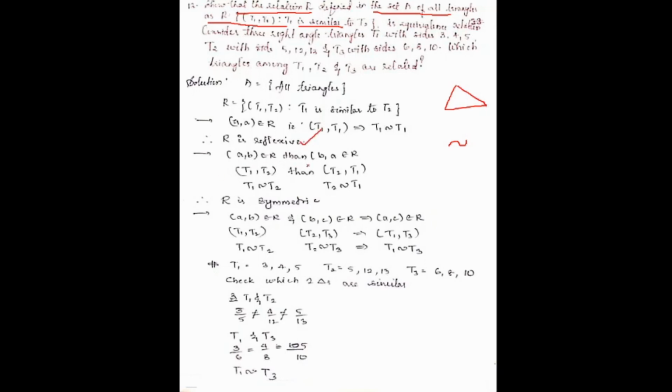(A, B) belongs to R, then (B, A) belongs to R. If we have triangle T1 and triangle T2, and T1 is similar to T2, then obviously T2 is similar to T1. So R is symmetric. (A, B) belongs to R and (B, C) belongs to R implies (A, C) belongs to R. Again, if T2 is similar to T3,